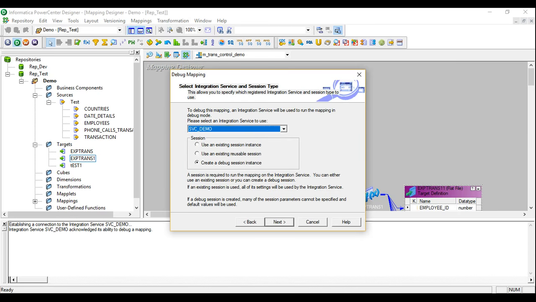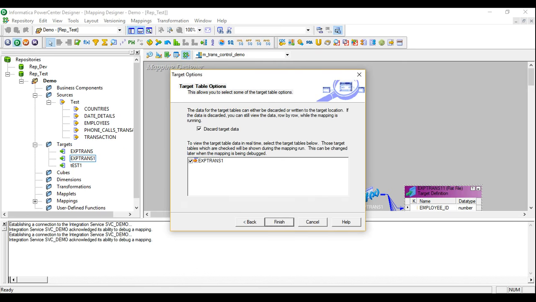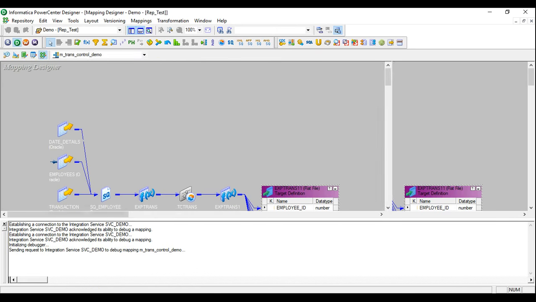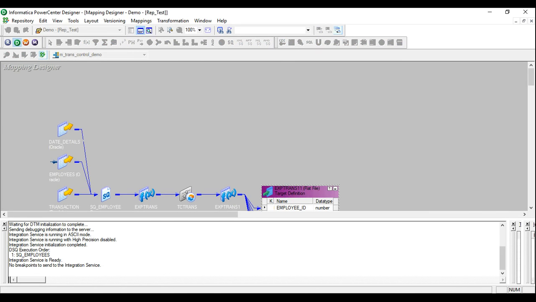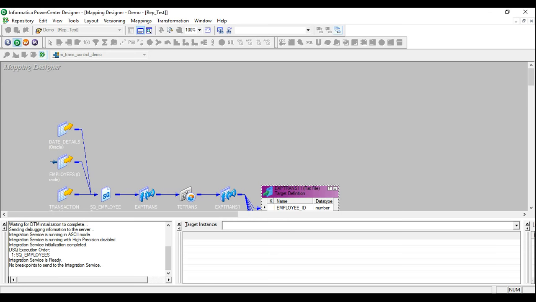I don't want to create a new session instance. I will use an existing one. Now this will actually clear all your doubts about how this will run.